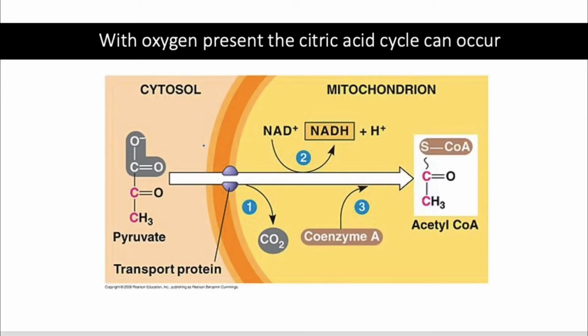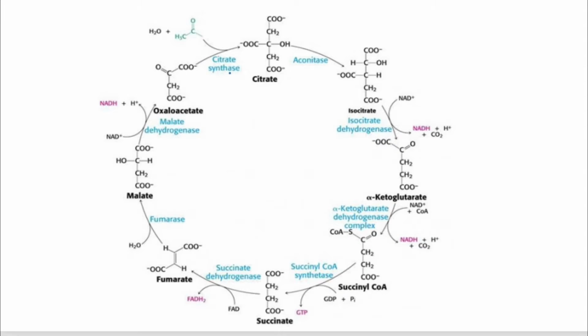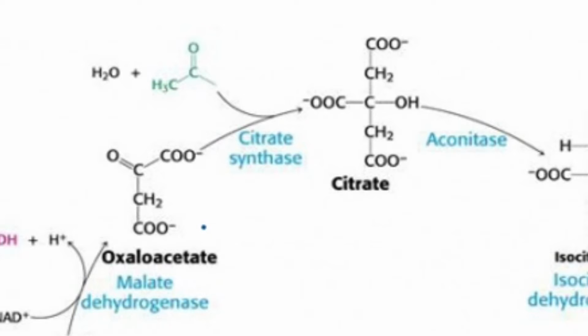Whenever oxygen is present, pyruvate can enter the mitochondria. Not really. It's actually going to go through some processes to produce Acetyl CoA, which can enter the mitochondria and begin the process of the citric acid cycle by reacting with another molecule. Alright? So the first step in the tricarboxylic acid cycle is going to produce citrate by combining oxaloacetate and Acetyl